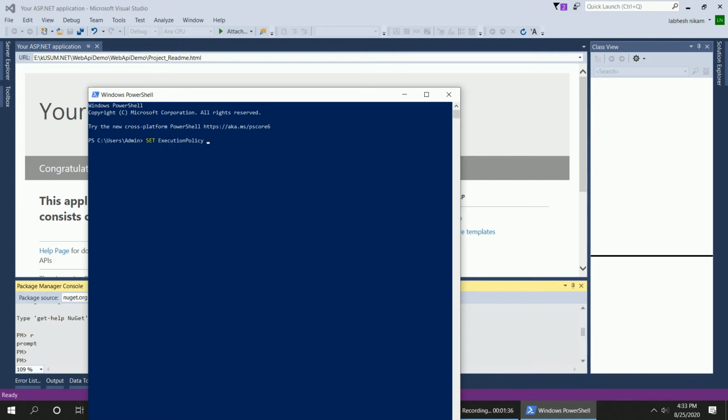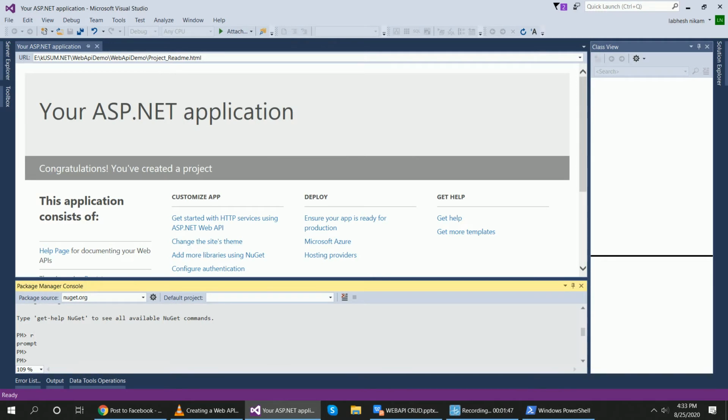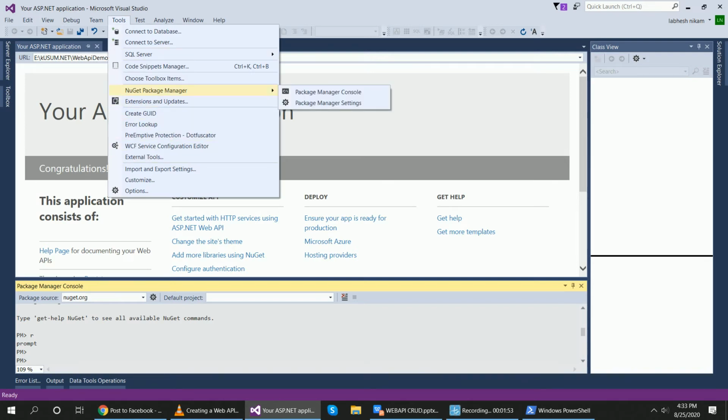AllSigned, and click enter to solve this error. Another way to solve this problem is go to Tools, select NuGet Package Manager, and inside of that, Package Manager Console.